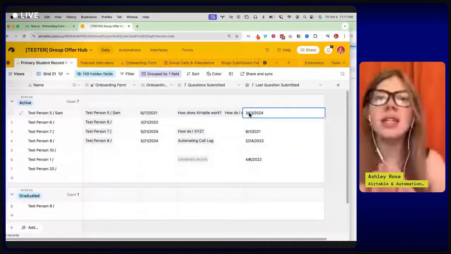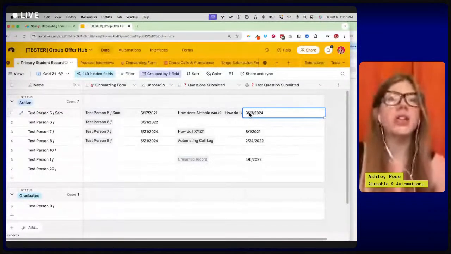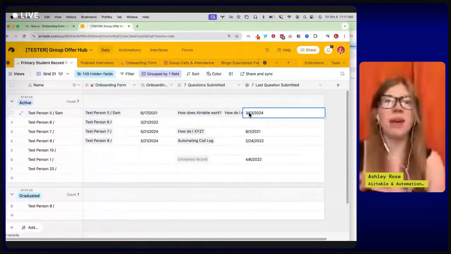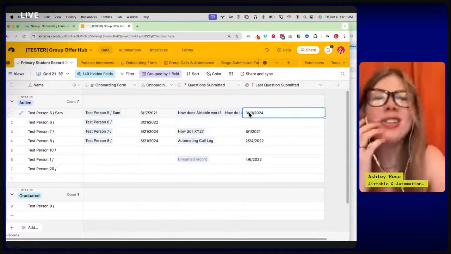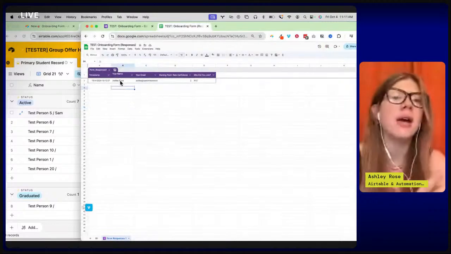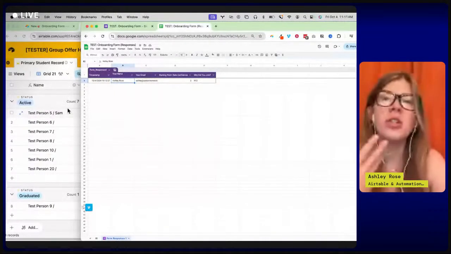You can have that data at your fingertips, which as a coach, it is so important to have. And if you can have this data by using Airtable, why the hell would you ever use a Google form? There's just so much incredible data you can have about your clients that is sitting and truly gathering dust inside of your Google Forms, that if you put it in Airtable, it would be so much easier.